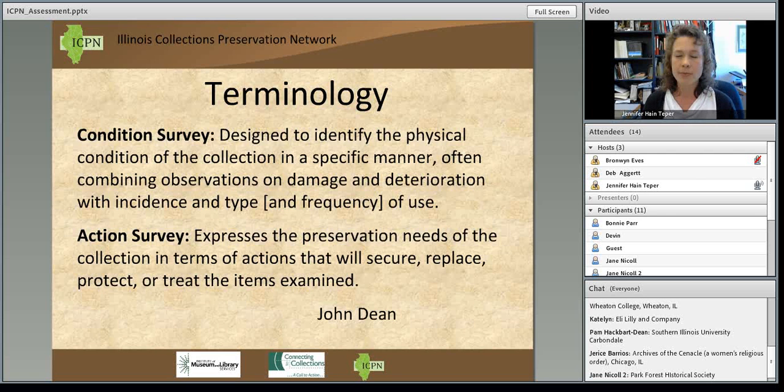But oftentimes what we're trying to do through a survey is to generate some understanding of why we're seeing the damage that we're seeing. And tying that in with those outside influences often gives us some of that information. It is still very valuable for us to go through a collection and say, look at a set of, I don't know, 30,000 historic photographs, and to get a sense of what is the condition of our photographic collection, because that data alone will be great fodder to assist you in moving forward in, say, grant proposals or something like that. So condition surveys are usually key in